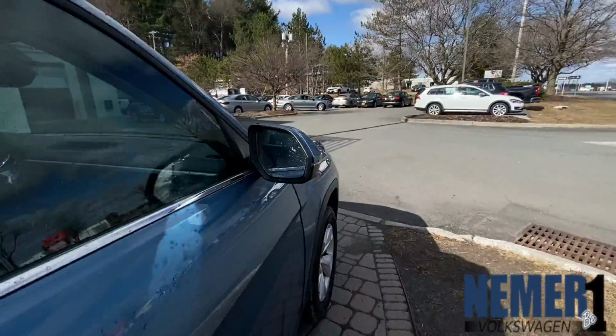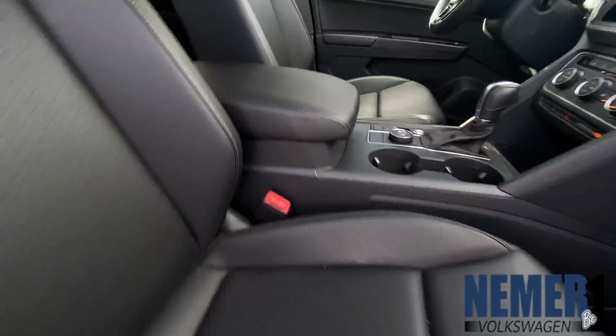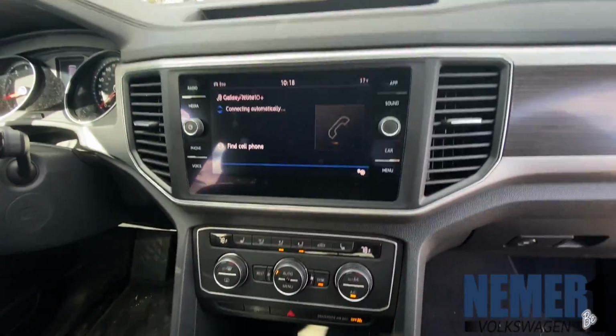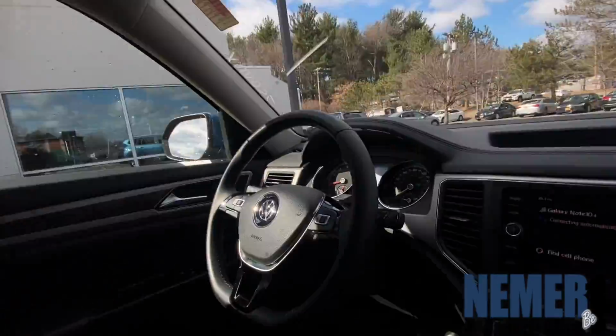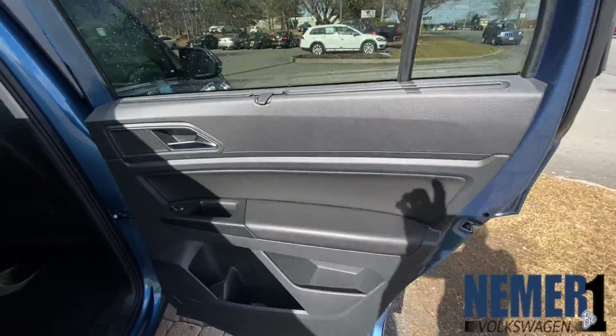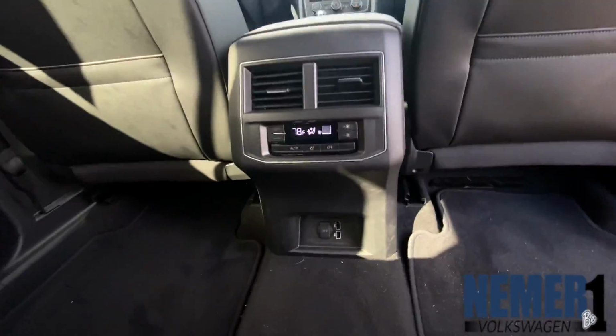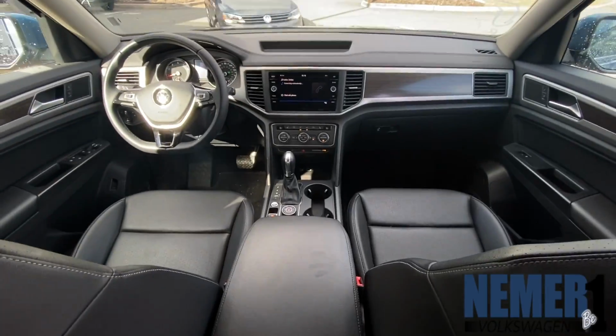Currently, we have this beautiful certified pre-owned 2019 Volkswagen Atlas SE with Technology. This all-wheel drive SUV comes with a 3.6-liter VR6 FSI engine with an 8-speed automatic Tiptronic transmission with driver-selectable modes. You get front and rear anti-roll bars with gas-pressurized shock absorbers, ABS and driveline traction control, active blind spot monitor